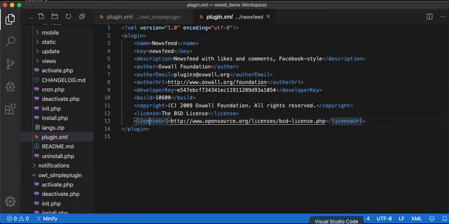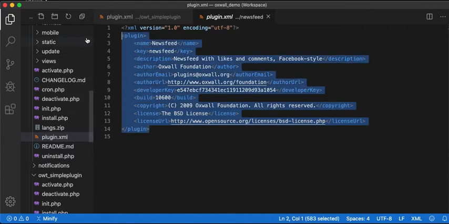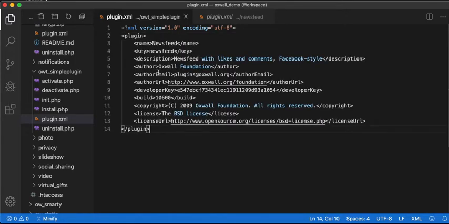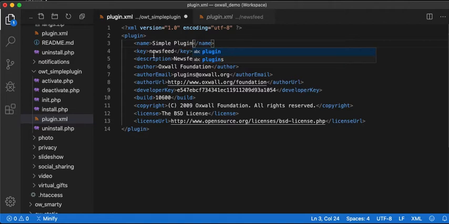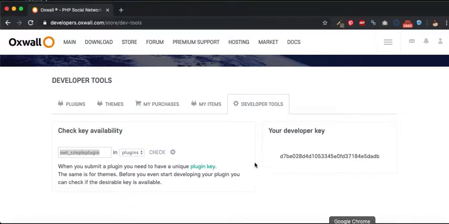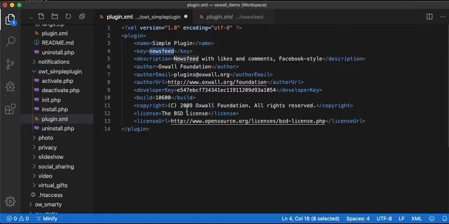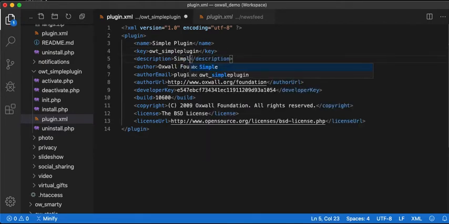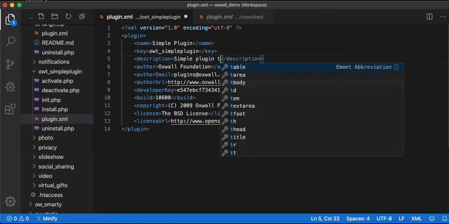So I will just go straight ahead and copy all of this because I want to be fast on this video. So I just have to do this. Okay, so let's close this. I'm going to change the name to, let's call it simple plugin again. Then the plugin key has to be this plugin key. You must have saved this somewhere. I didn't, so I just copy it from the website and paste. So simple plugin to greet